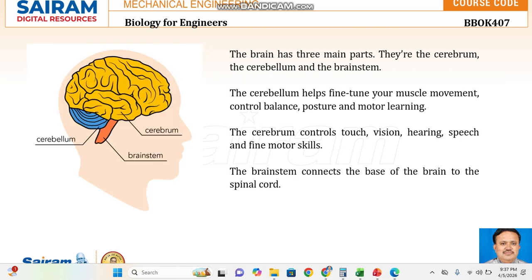The human brain mainly consists of three parts: cerebrum, cerebellum, and brainstem. The cerebrum, the yellow colored part, is controlling touch, vision, hearing, speech, and fine motor skills. That is what we are touching, what we are saying, what we are hearing, and what we are speaking. Those skills are finely tuned with the help of this cerebrum, the yellow colored part, and the blue colored